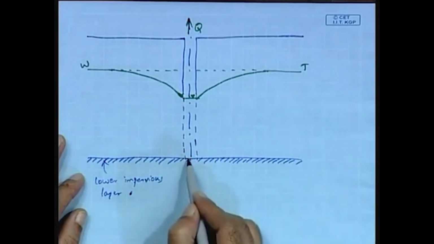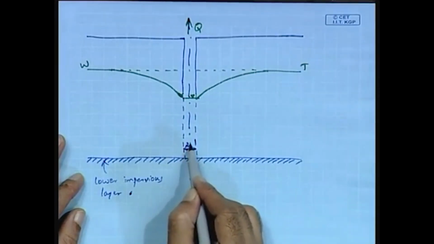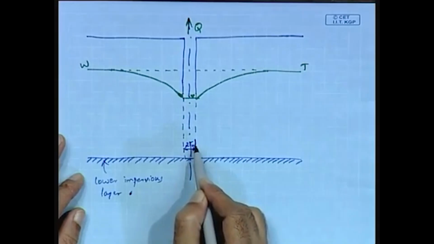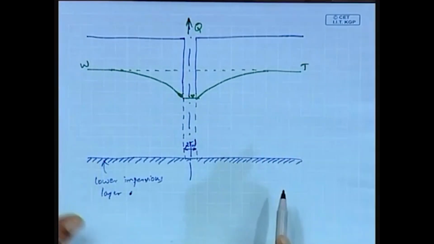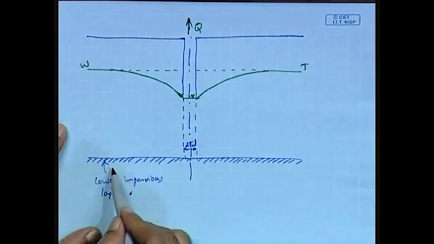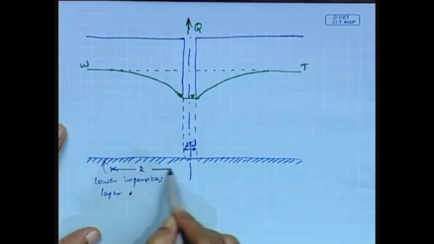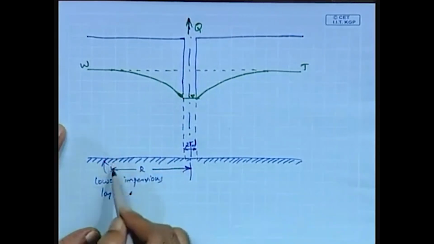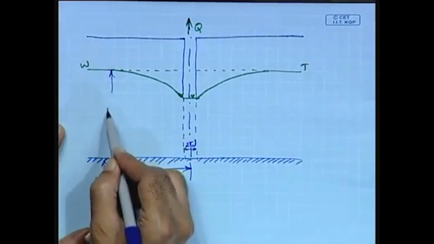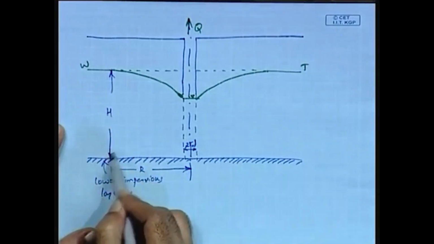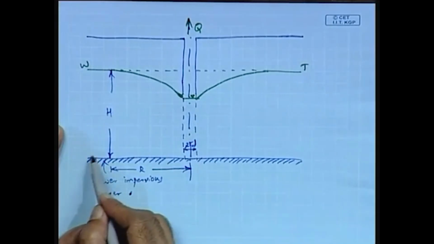And this is the radius of the well, R w, and the diameter is 2 R w, and this is the radius of influence, the radius of the circle of influence is R, and the head there measured above the bottom impervious layer is capital H,